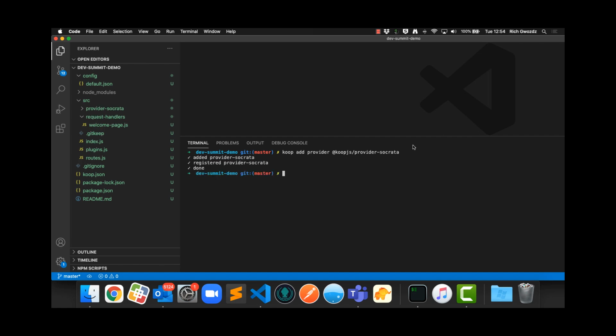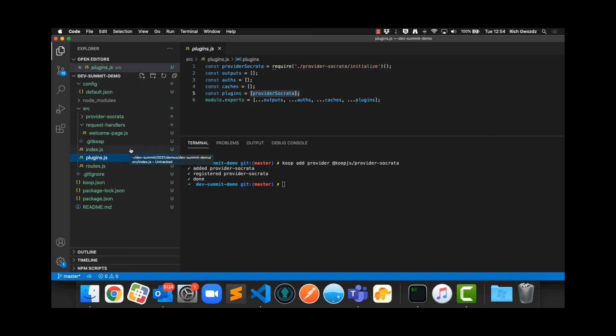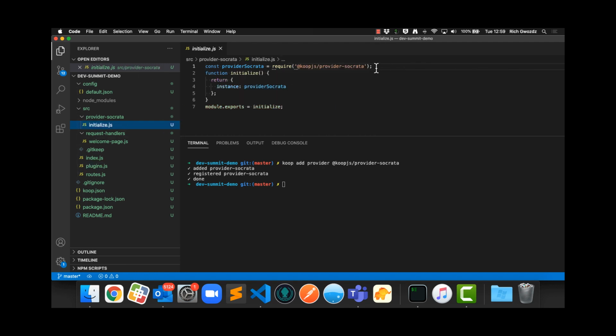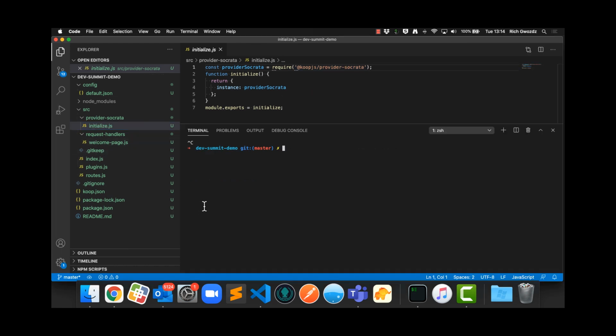It's been added, and you'll notice a few different things in your code base. If you go to your plugins page now, instead of an empty plugins array, we've got an array that includes reference to the Socrata provider. And it's not a direct require of the npm. Instead, it's requiring a local file, and that local file is really just a wrapper around the actual npm. So nothing special there. All right, so now that we have our Coupe Socrata provider installed,